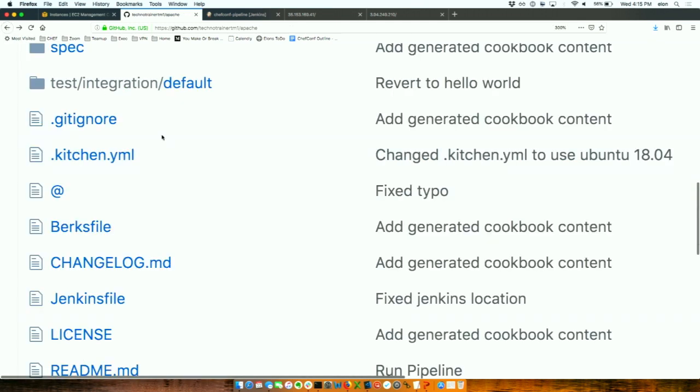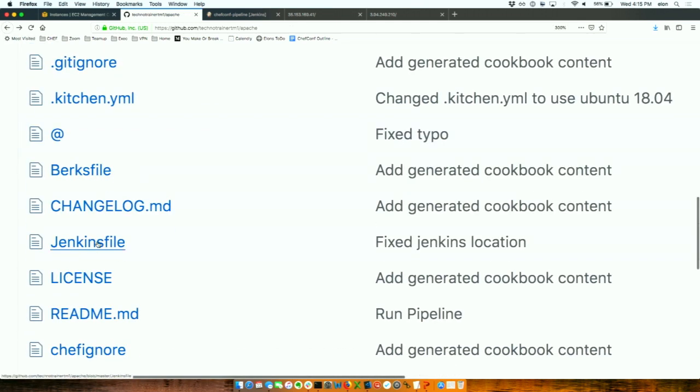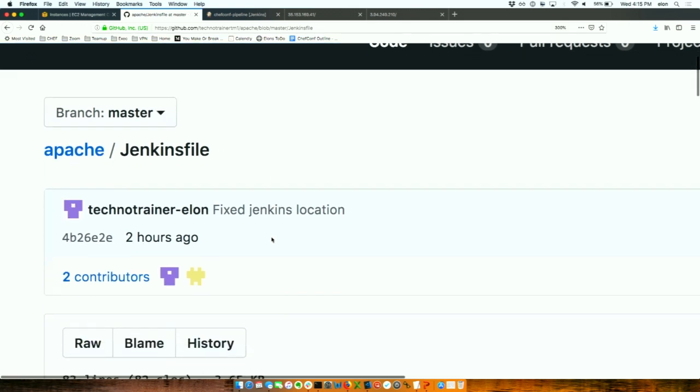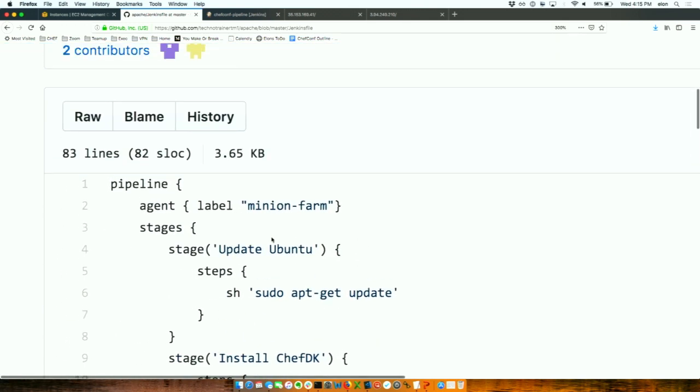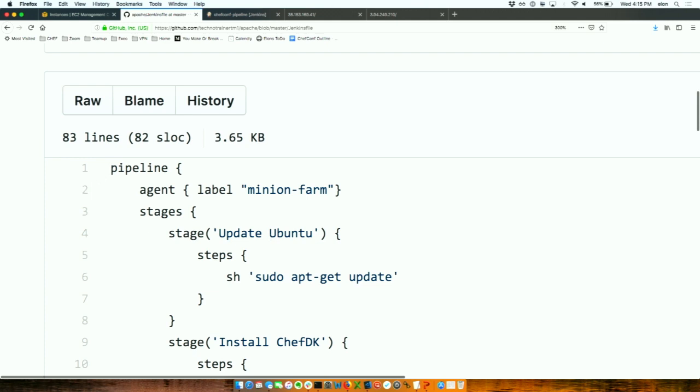Now, the moment you've all been, well, almost the moment you've been waiting for is our Jenkins file. So this is written in Apache Groovy, but I'm going to explain it, and you're going to understand. If you don't already know Groovy, you're going to be a Groovy mid-level expert by the end of this. So start with pipeline, because our Jenkins configuration, this is the file that Jenkins is going to read and execute,